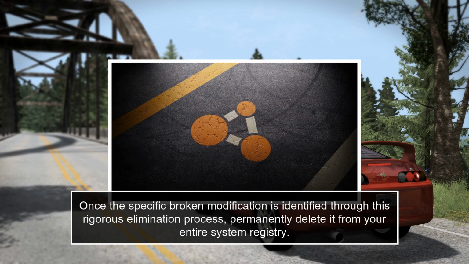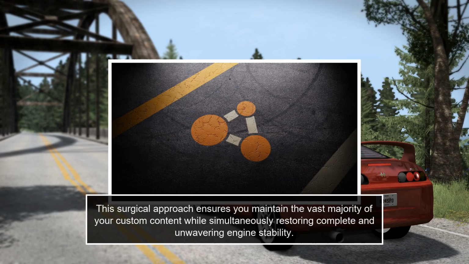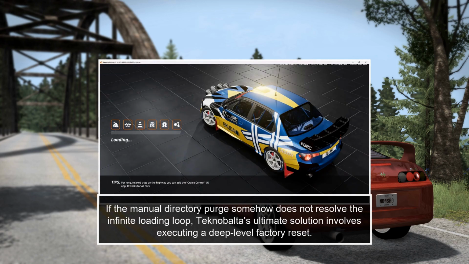Once the specific broken modification is identified through this rigorous elimination process, permanently delete it from your entire system registry. This surgical approach ensures you maintain the vast majority of your custom content, while simultaneously restoring complete and unwavering engine stability. If the manual directory purge somehow does not resolve the infinite loading loop, Tenebalta's ultimate solution involves executing a